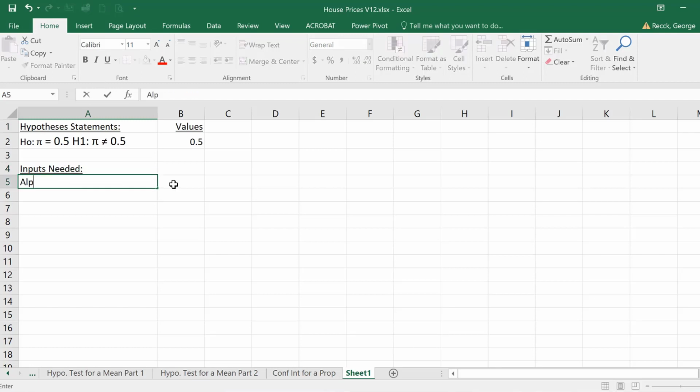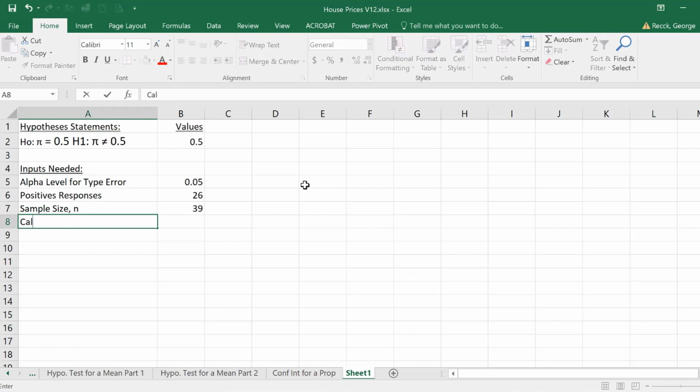First thing we need is the alpha level for a type 1 error, which is 0.05. Now, there's a good note that sometimes you'll see confusion between a proportion and a type 1 error, and both technically are probabilities, but try not to confuse them. And then we're looking for our positive responses, in this case, the number of houses with a fireplace, which is 26, and then our sample size n, which was 39,